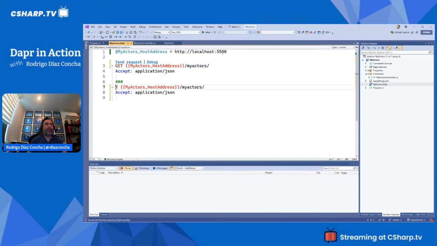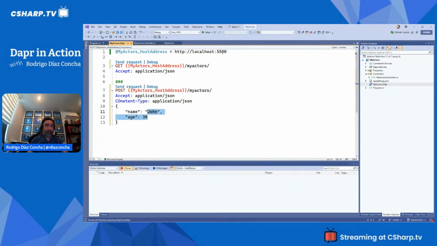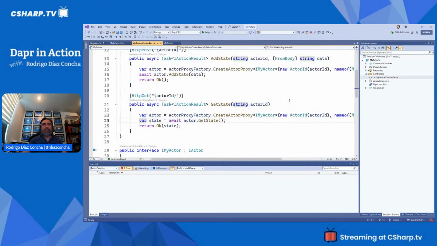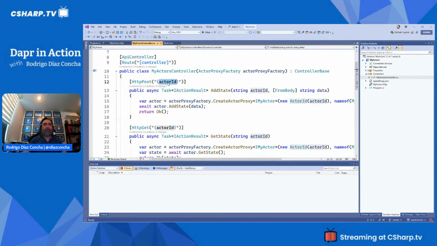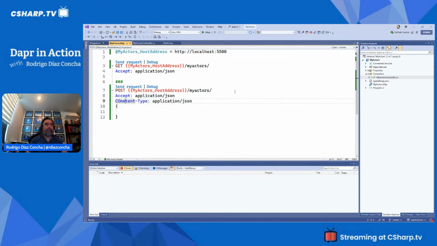So let's use this GET and POST my actors, content type, application JSON, data, and we need the, is that the data or what was the name? Yeah, actor ID that comes from the, I believe the segment, right? So I don't know, 100. Let's see if this works. So send request,